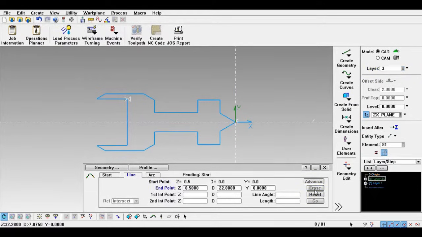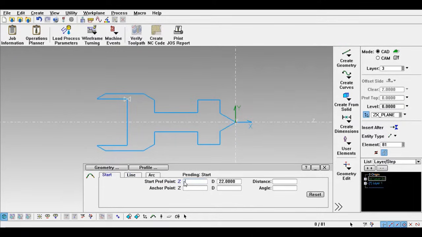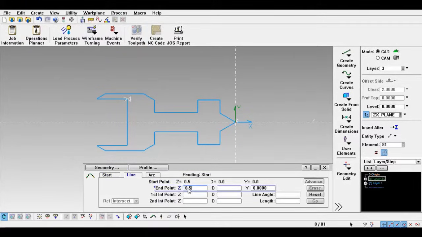So I erase this and redo all the things. I go to start again, 0.5, 0, then I go to line, 0.5, 22, then I can pick up the Z point from here and say diameter 0, 0, 22. So this is available.